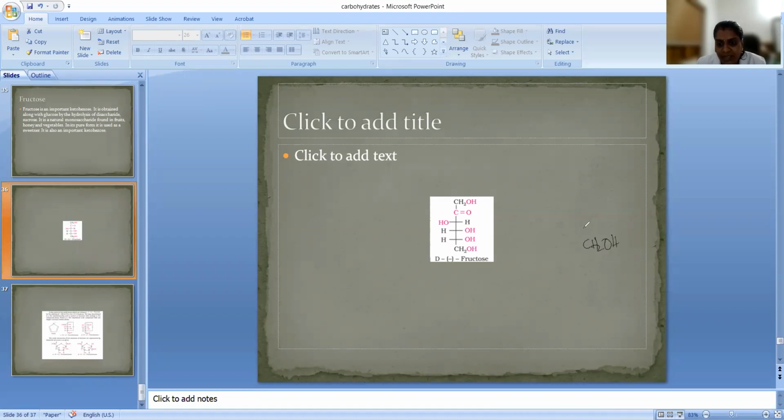So how is it? Look at this. CH2OH, and just like glucose, the first two OH groups are on the same right side, and after that there is a flipping, just like in glucose, H here, OH here, and after that there is C double bond O, the keto group, and then the CH2OH group. So this is the open structure. We can see this is D-fructose because the OH group is on the right side, resembling the D configuration. It is resembling D-glyceraldehyde, right? We are referring to D-glyceraldehyde.